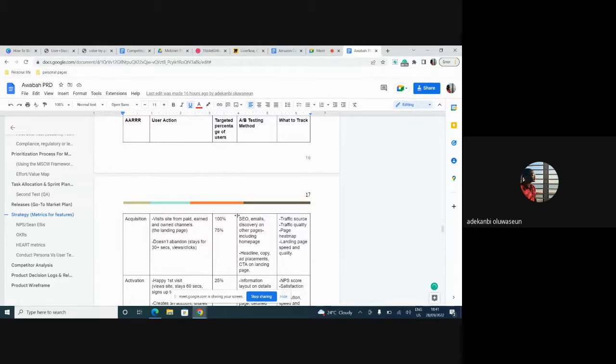Now, there's a thing called A and B testing. What A and B testing does is that it allows us to examine two different opinions to assess which is the best at the most minimal effort required, right? So, for instance, you are telling me that we should use red in our landing page. Say that's what you say. And then I say, no, I think we should use blue, right? That's my opinion, and you have reasons to back up your red. I have reasons to back up my blue, right? Now, as a product manager, what you do is to run a test. You do A and B testing.